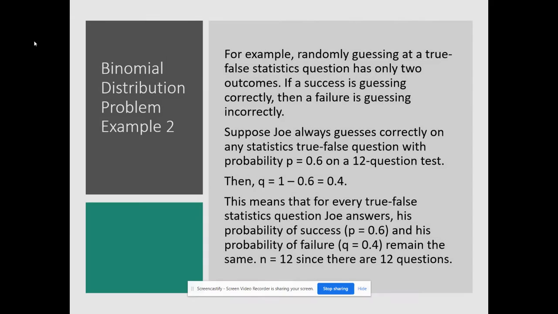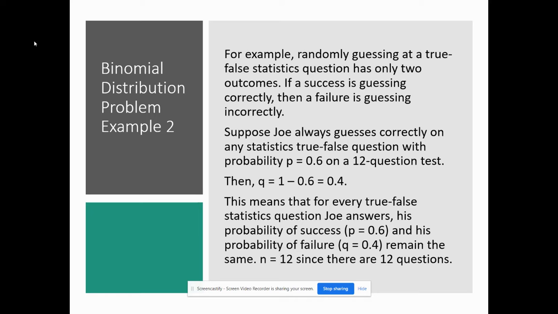So let's do another binomial distribution problem. For example, randomly guessing at a true-false statistics question has only two outcomes. Success is guessing correctly and failure is guessing incorrectly. Suppose Joe always guesses correctly on any statistics true-false question with a probability of 0.6, he'll get it correct out